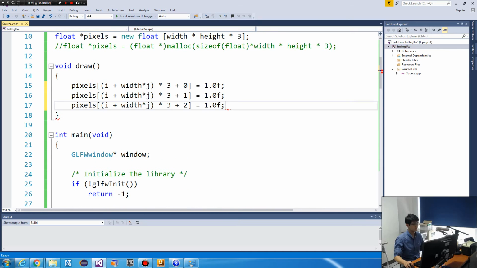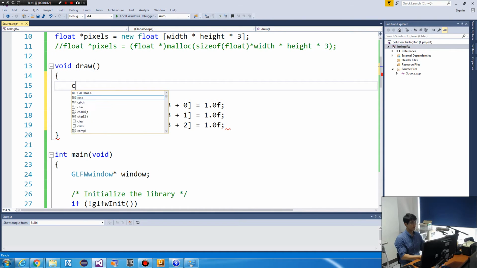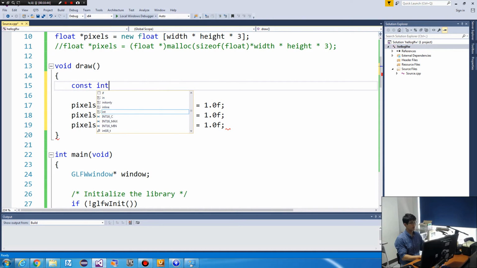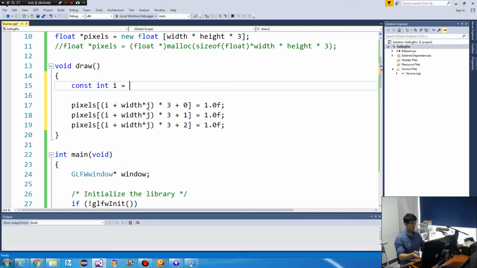So maybe set pixel at 50, 50 to black, maybe.